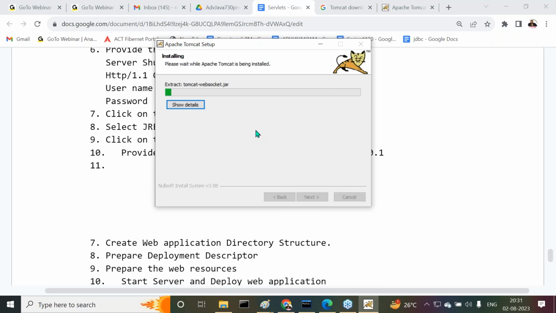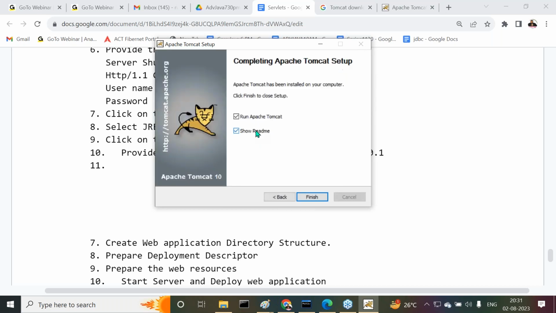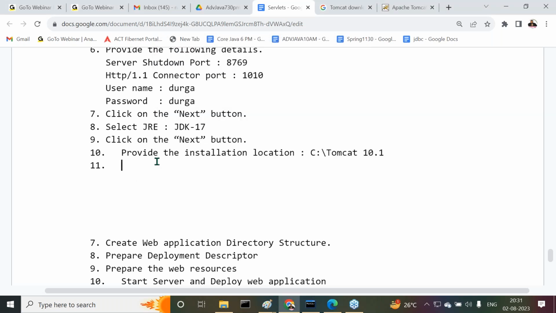Now it's going to start. In my system, the installation may be a bit fast, but anyway, Tomcat is not taking much time here. It's a fraction of seconds. It's able to complete its installation part. Okay, now here, it is not required to select these two. Now directly click on the finish button. Click on the finish button, or else maybe unselect